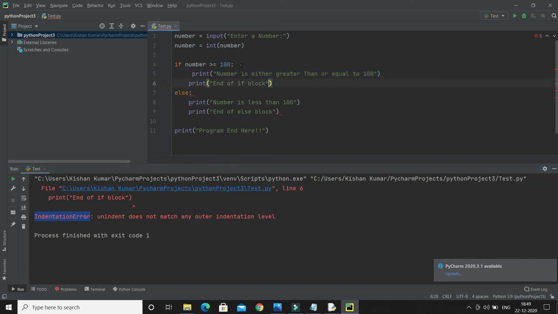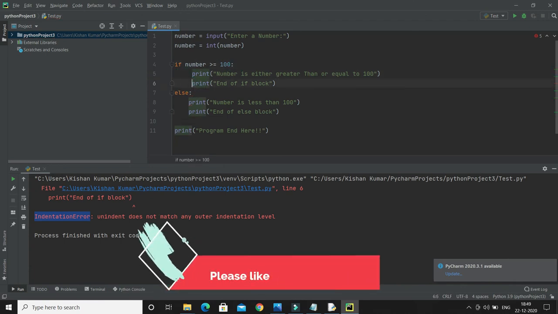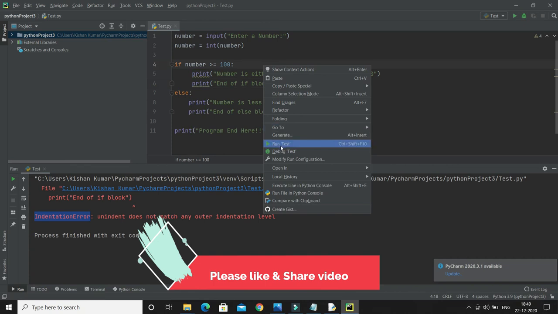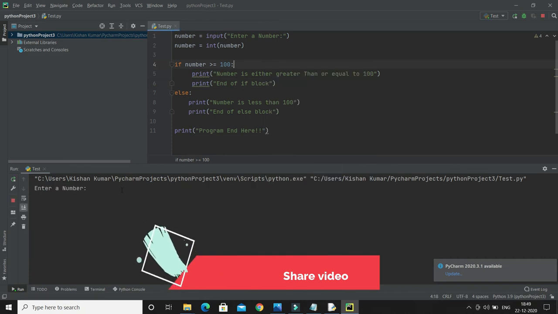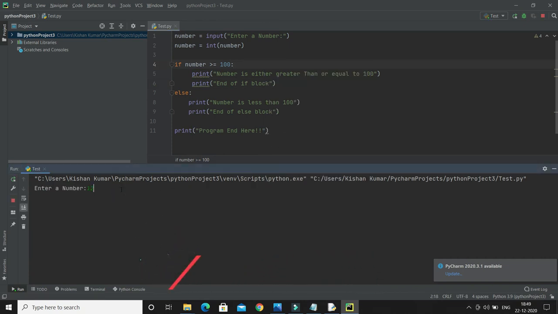In other programming languages you have curly brackets open and close, and within that you write multiple statements, and most programs end every statement with a semicolon, but Python doesn't allow this. So if you give 5 spaces before this statement within this block, then the other statement has to have 5 spaces as well, and then you can see the indentation error has gone. If I run and specify, let's say, number 12, it is running completely, right?